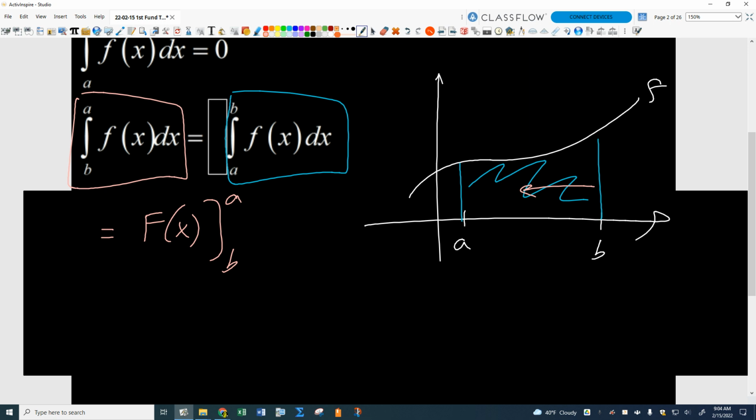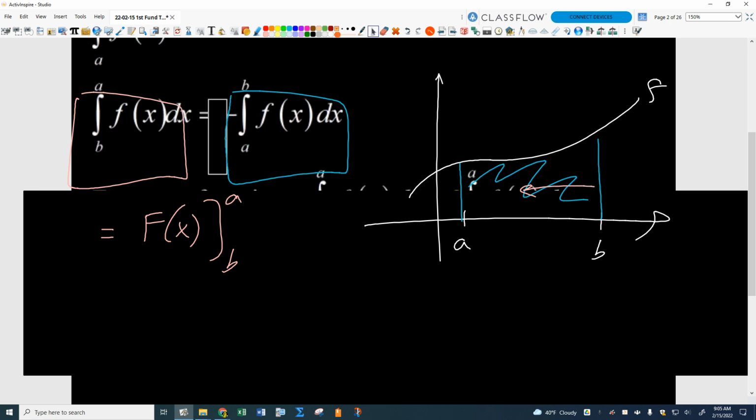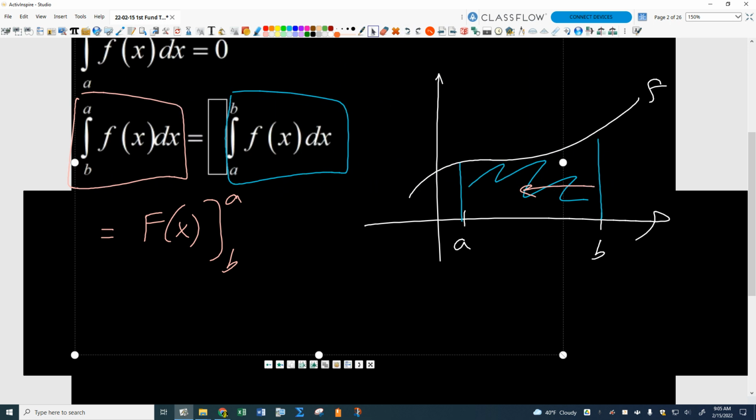We consider area to be positive when added from left to right and negative when added from right to left. And so yeah, you're right. They're related by